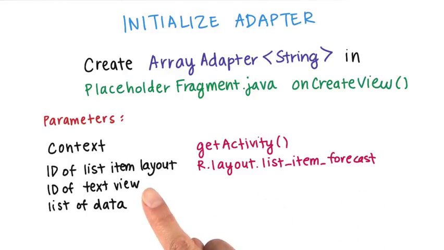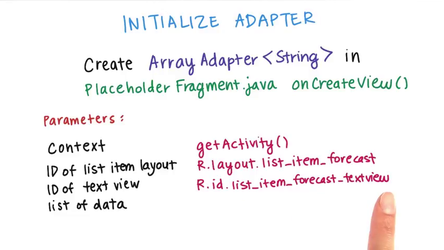Next, the array adapter needs to know how to take the weather forecast string and set that to be displayed in a text view. So we pass in the ID of the text view that we defined earlier in the list item layout. Even though these two resource IDs look similar, one starts with R.layout while the other starts with R.id. R.layout refers to a layout file, while an ID refers to a specific XML element with the matching ID